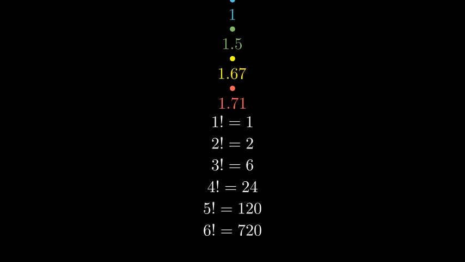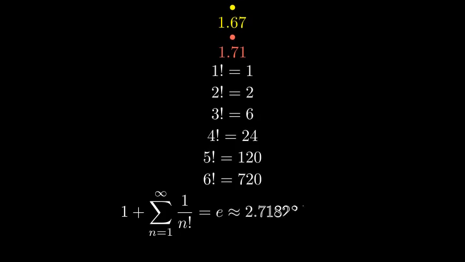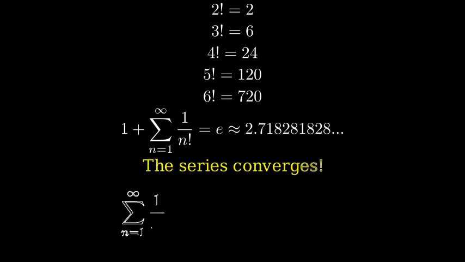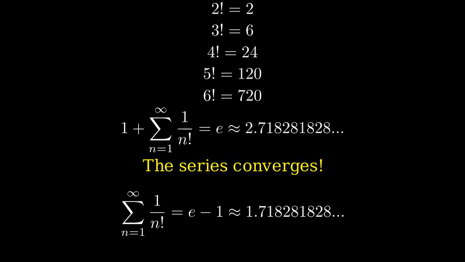This series is actually related to a very famous mathematical constant. The sum of the series plus 1 over 0 factorial equals e, Euler's number, which is approximately 2.718281828. Since we know that e is a finite number, and we're just subtracting 1 from it, we can conclude that our series converges to e minus 1, which is approximately